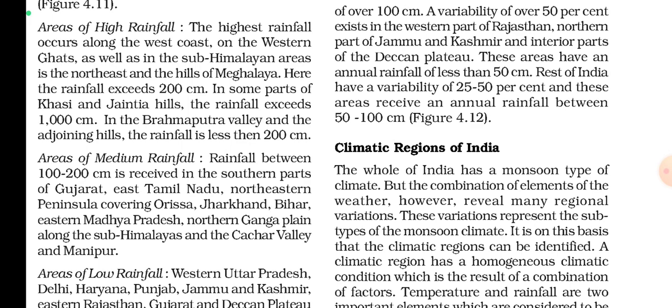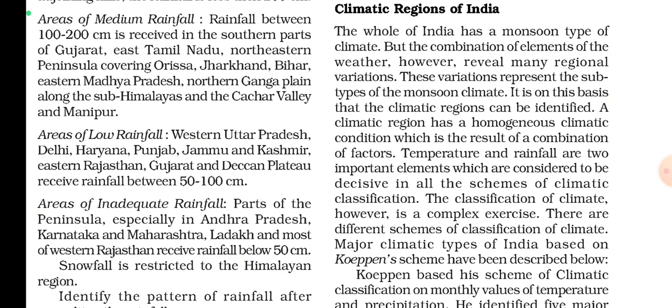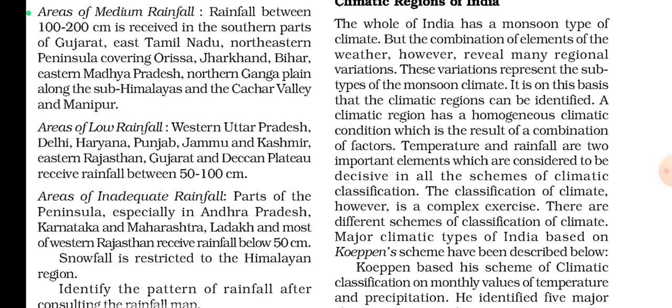In the Brahmaputra valley and the adjoining hills the rainfall is less than 200 cm. Areas of medium rainfall. Rainfall between 100 to 200 cm is received in the southern parts of Gujarat, East Tamil Nadu, northeastern peninsula covering Odisha, Jharkhand, Bihar, eastern Madhya Pradesh, northern Ganga plain along the sub-Himalayas and the Cachar Valley